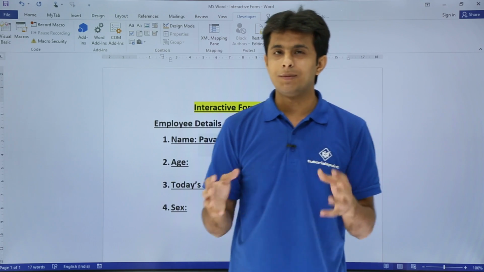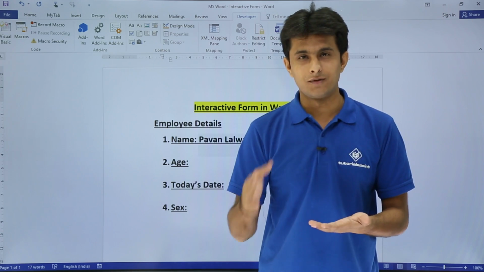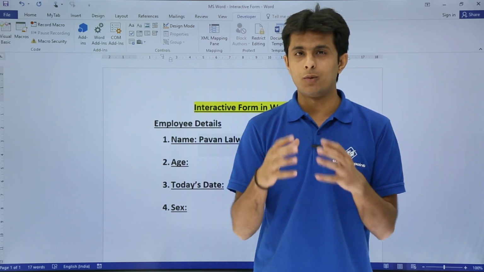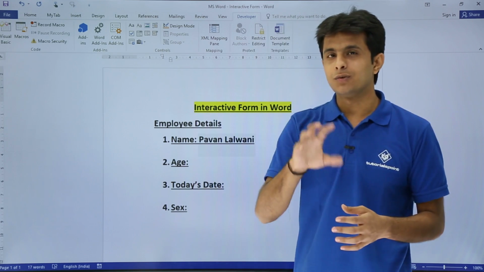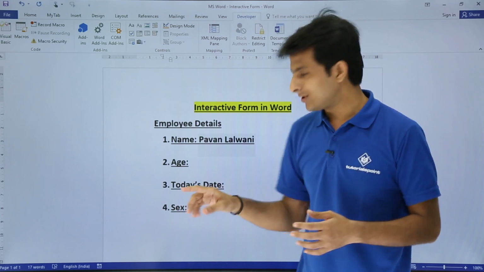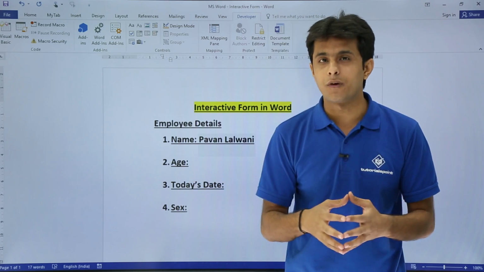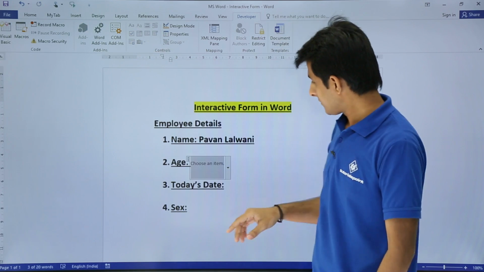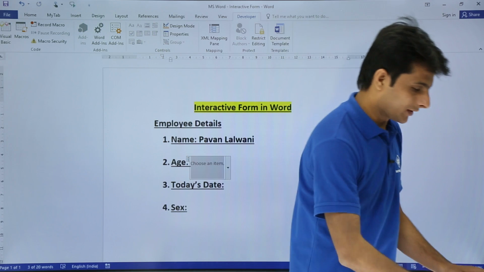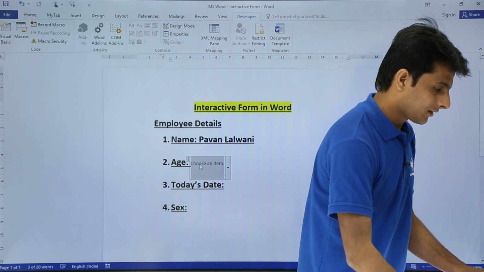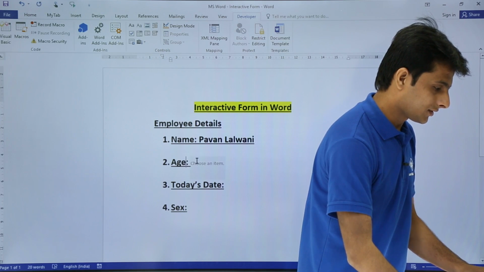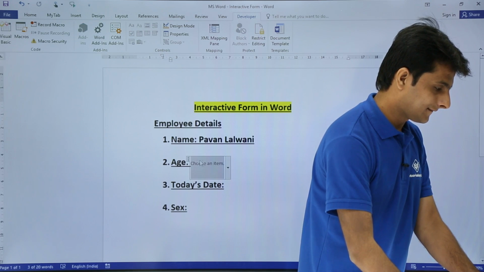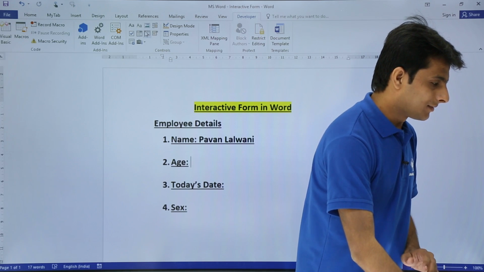Next, I want people to select the age from a bracket itself. I want to classify the age into brackets of 20 to 30, 30 to 40, 40 to 50, and so on. I want to club their age, so any person who wants to enter the age can select the age group from here. For that, I need to click on this button here. I'll show you which button. That's the button I've clicked.